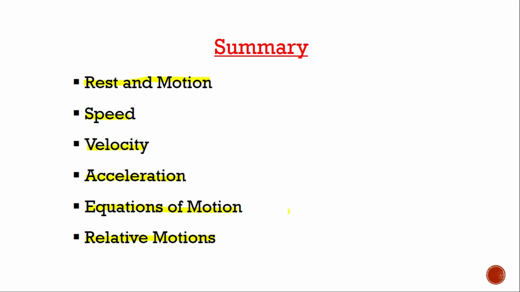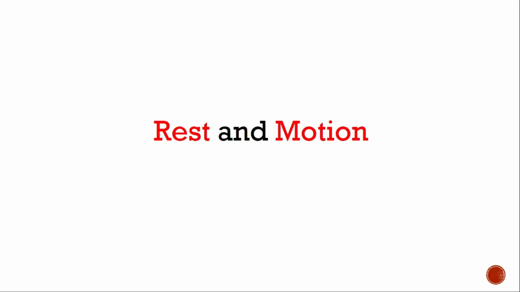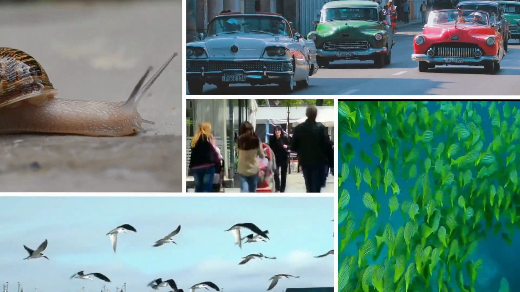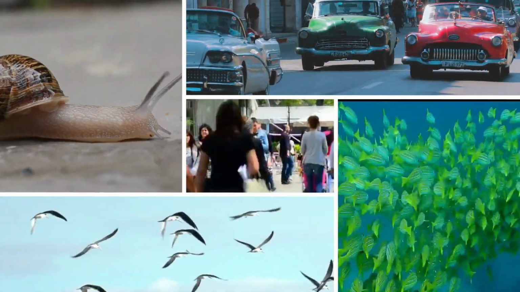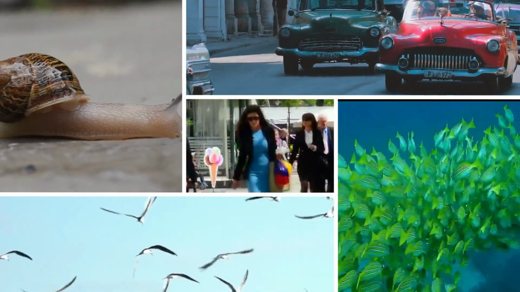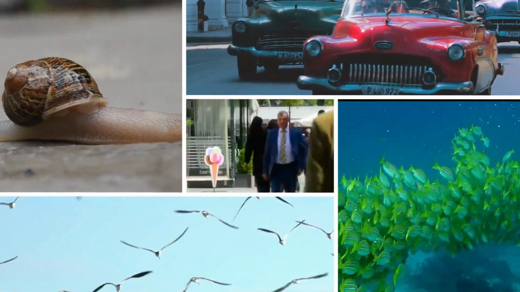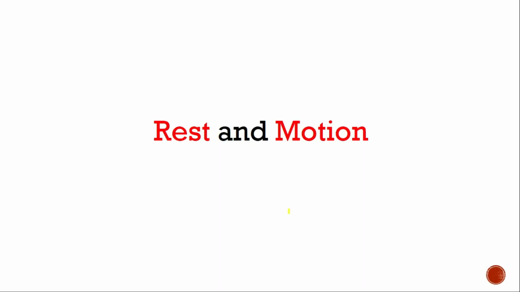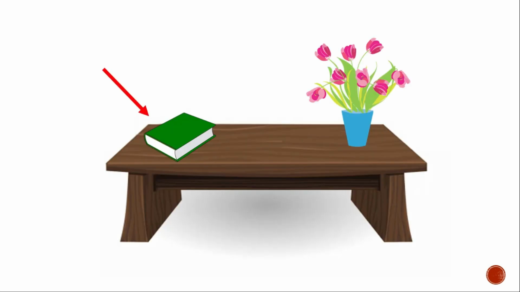Now let's start with our very first topic, which is rest and motion. See, every single object or organism, basically everything that exists in this universe at any given time, is in a position or state of its own. And this position can either be the position of rest or the position of motion with respect to its immediate surrounding. So if we look at this book, we can easily tell that this book is at the position of